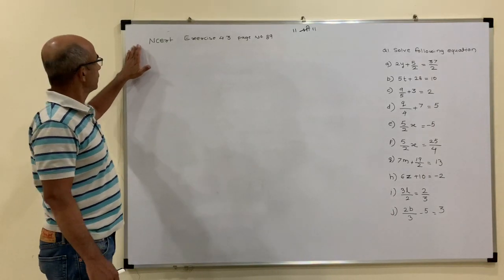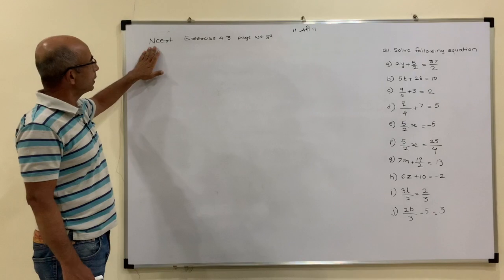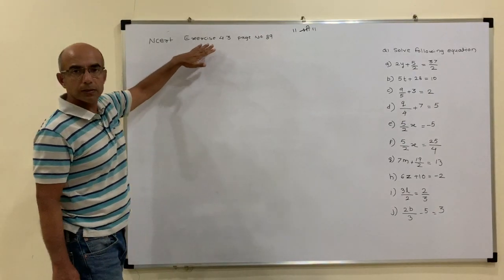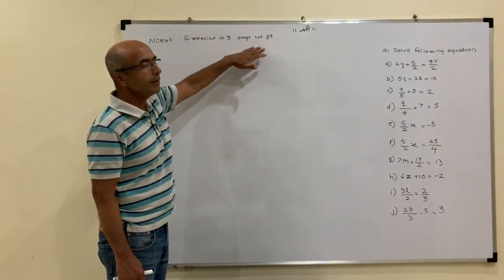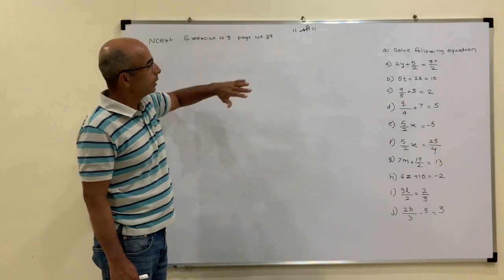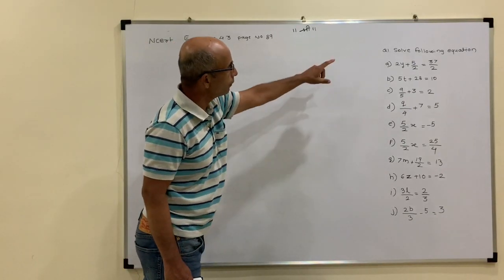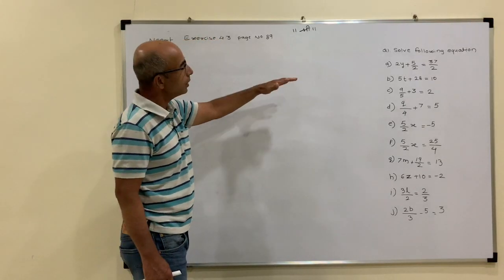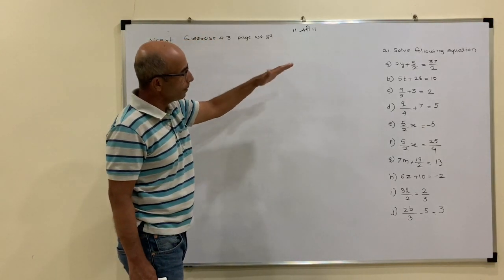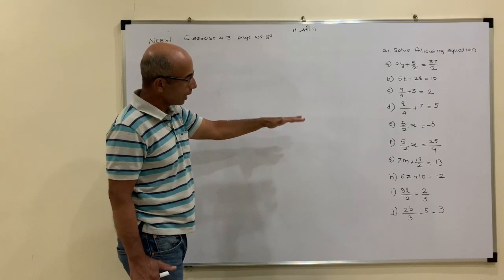Now we'll be solving from the NCERT mathematics book, exercise number 4.3, page number 89. Here I have written all the problems. Solve the following questions. For question number 1, I have written parts A, B, C, D, E, F, G